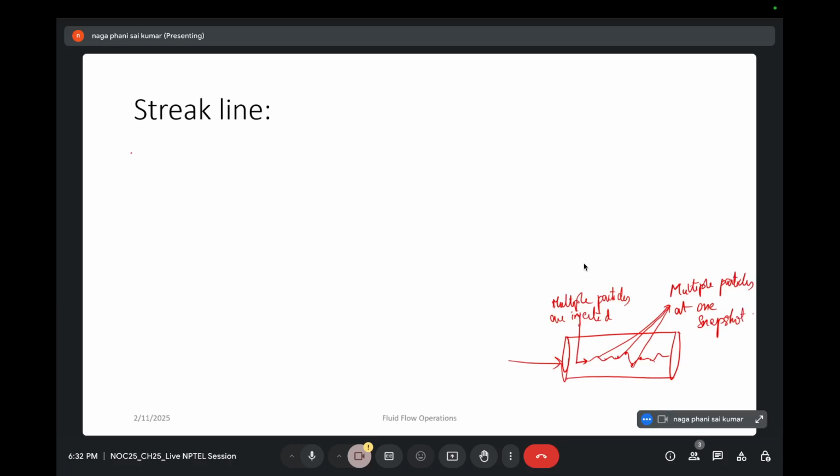A line formed by a series of fluid particles which passes a certain point in the stream, one after the other, is nothing but a streak line. By instantaneously catching lines, by injecting dye into the flow through the tip of a thin tube, you can observe streak lines in a flow pattern. So when you are injecting different particles,